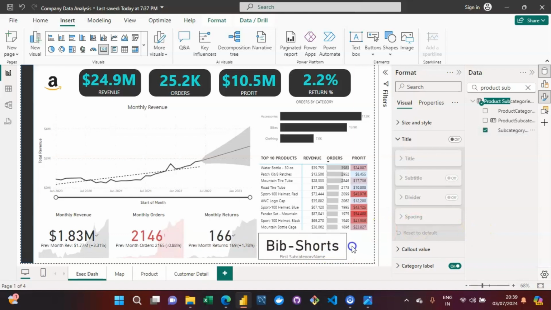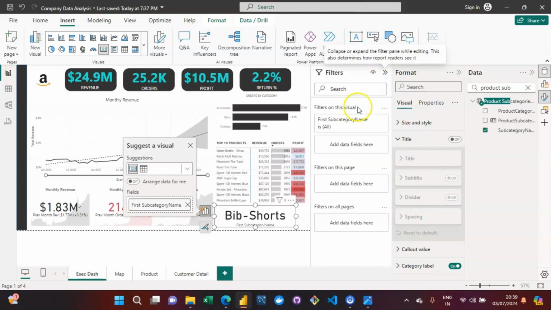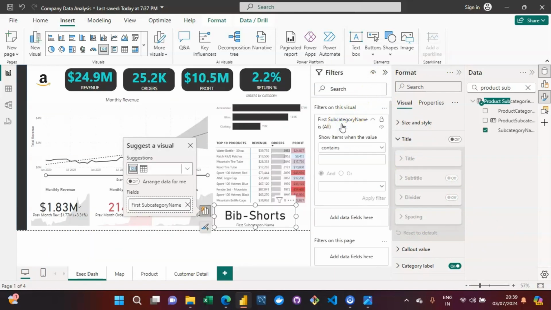Okay, so you can see that we are having some information like big shorts, right? But we are not exactly interested in this specific information at this point. But what exactly I'm interested in is that specific subcategory name with the maximum number of orders attached to it, so that I can simply show it to the stakeholders, right? So what exactly I can do at this point is that let me go forward with applying a filter, wherein the filter will be applied for my first subcategory name, and that filter should be applied on the basis of,